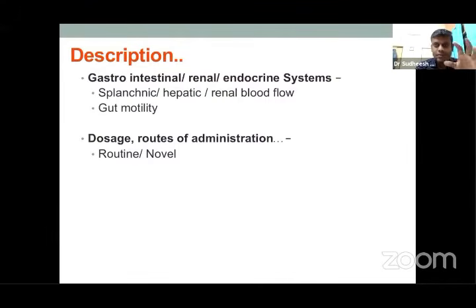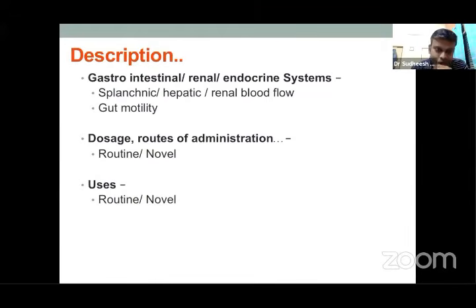So every route has its own dosage. You should be aware of all the particular dosages, and many times novel routes can also be tried, for example iontophoretic application, percutaneous patch, transcutaneous patches. In that case, you should know the drug dosage through each of these routes. Not only that, many drugs can be used at different dosages for different purposes. For example, the dose required for anesthesia is slightly higher, whereas the dose required for monitored sedation is slightly lower, and continuous sedation is further lower. That way, you should know the dosages for each particular use.